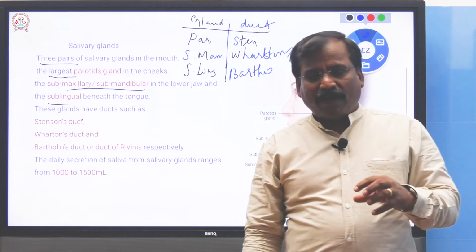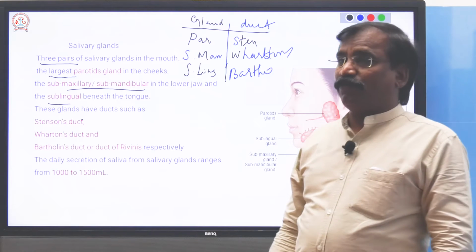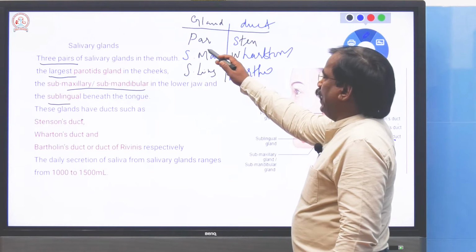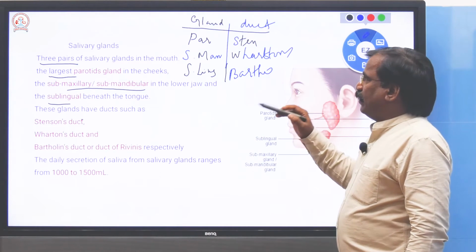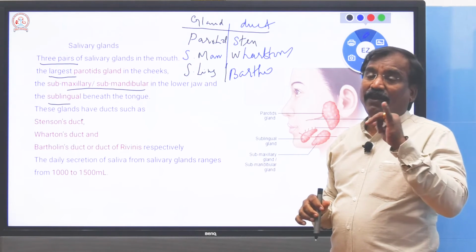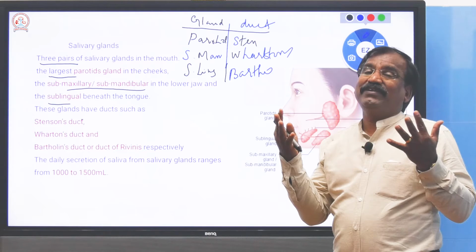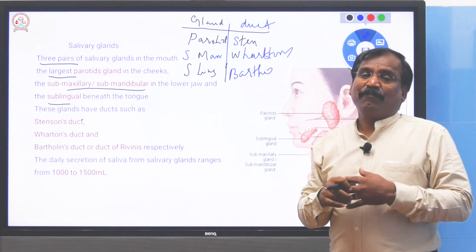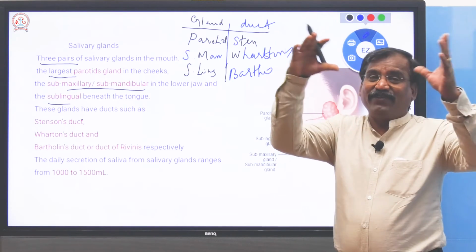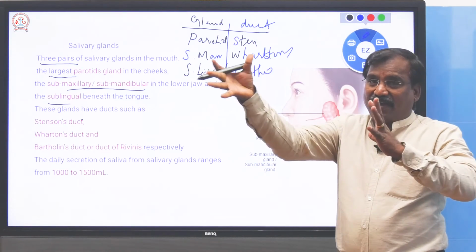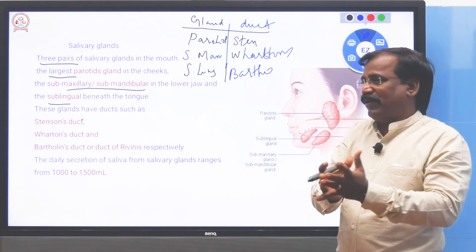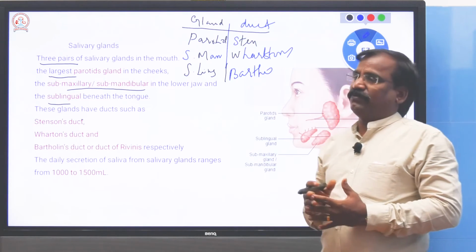So I'll tell you one memory technique to recollect the name of the gland and duct. Parotid is the largest. Largest means a large family. Remember it as Tenson: like 10 children, a big family, so large gland, Tenson, that is Stenson's. So parotid, Stenson's. Then